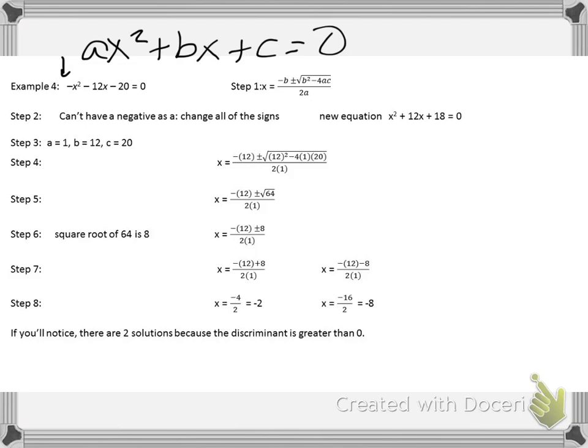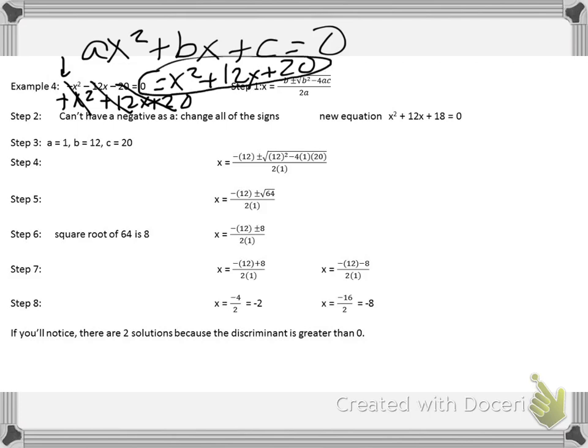The other way, if you want to, you can add everything, so plus x squared plus 12x plus 20, all to the other side. So x squared plus 12x plus 20. So cancel, cancel, cancel. And so now it is